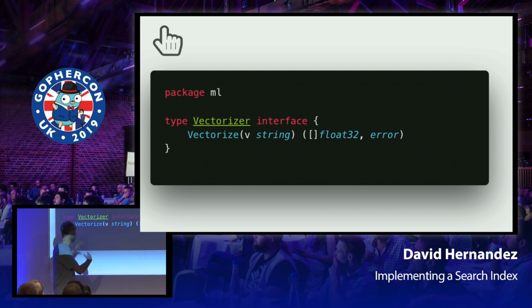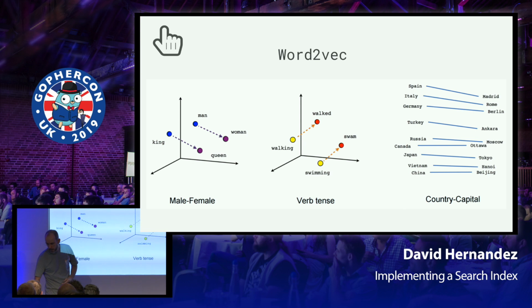We have some text, and we want to transform it to vectors. Any kind of text could be a document, a paragraph, a sentence, or even a single word. We can try to transform it into vectors. How are we going to do that? There is a popular implementation in machine learning called Word2Vec. It seems very complicated, but